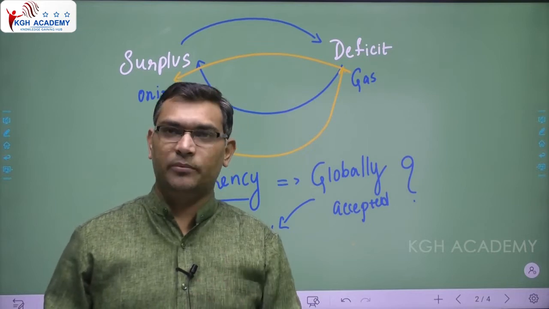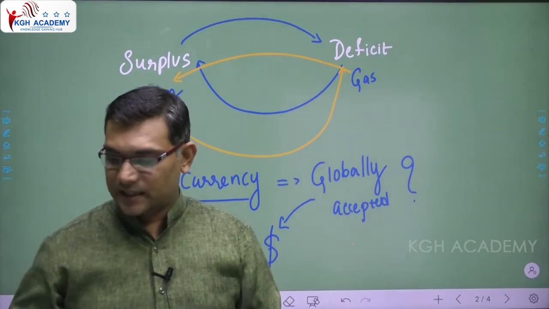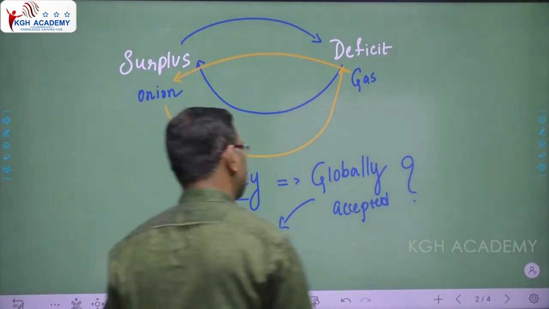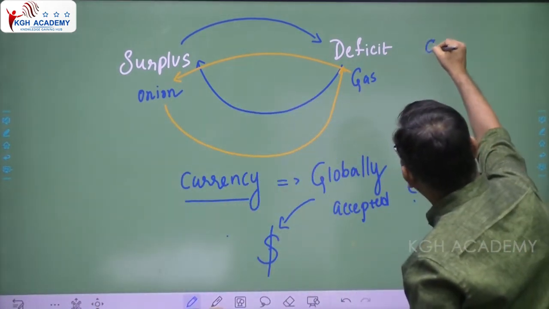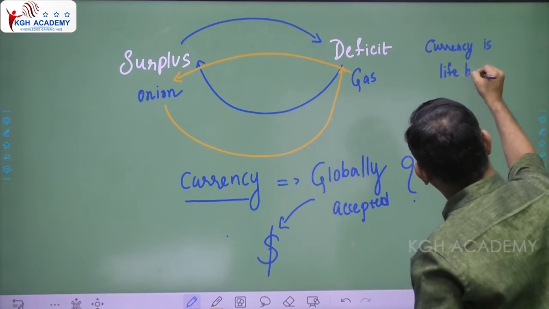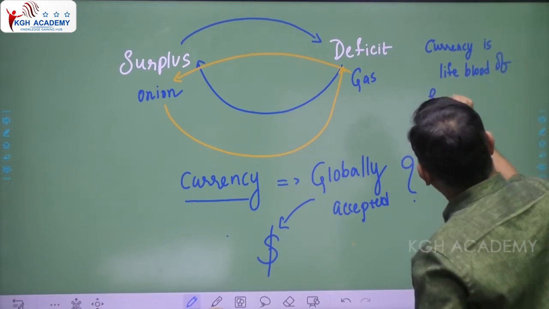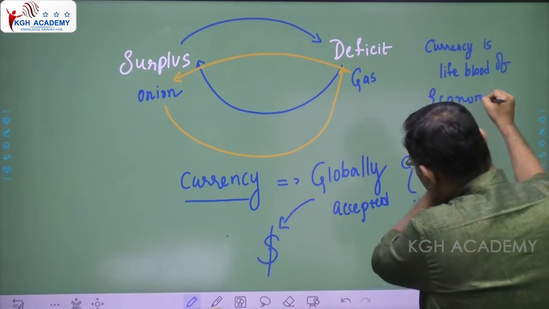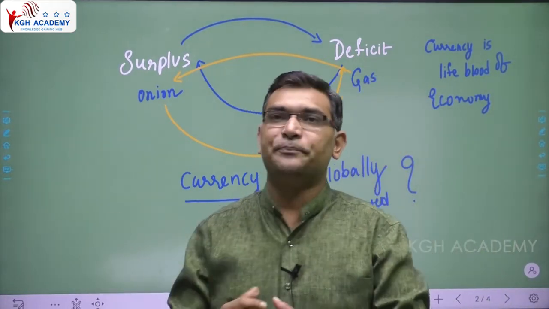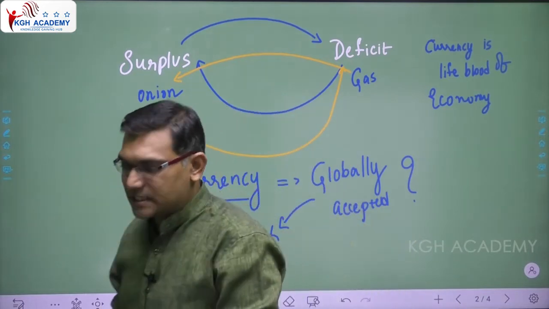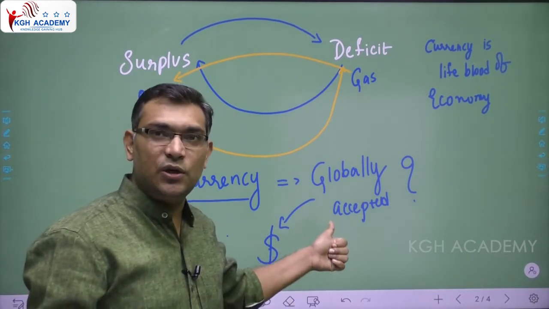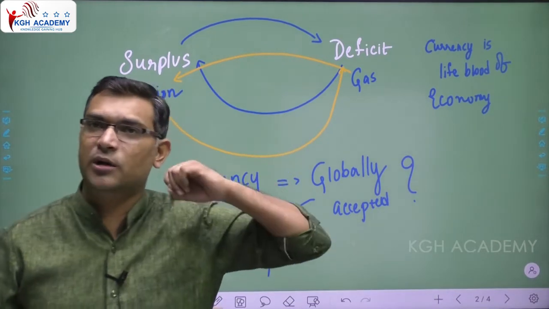Because of the size of the economy. Any currency that is acceptable, currency is the lifeblood of the economy. Now if it has to be globally accepted, the size of the economy should be larger, it should have a domination in the trade, and also it should have stability in the economy and more resources. America, the US dollar has plenty; the size of the economy is larger, $20